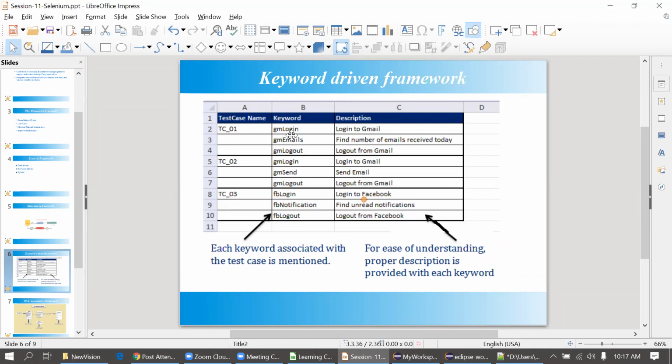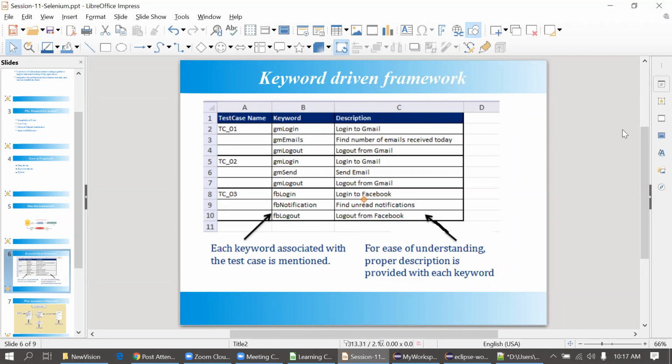And actually, we are going to use a hybrid one. Third, it's a combination of data-driven plus keyword-driven. In our framework, we are going to take data from TestNG using the data provider. I will prepare the Excel sheet now, and write code to take data from the Excel sheet, and use that in our test case. Okay.